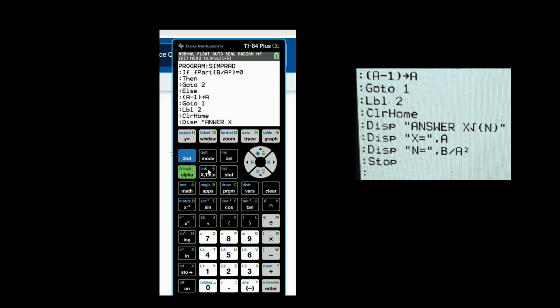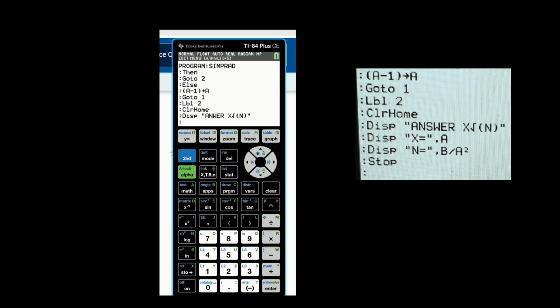Here we go. Then square root, second shift is square root of n. So where is my n? Alpha n. And then after that, you close it with an apostrophe, which is alpha plus sign. Okay, we're done with that. And then just hit enter. Okay, and then this is what we're gonna do next. We're done with the answer.